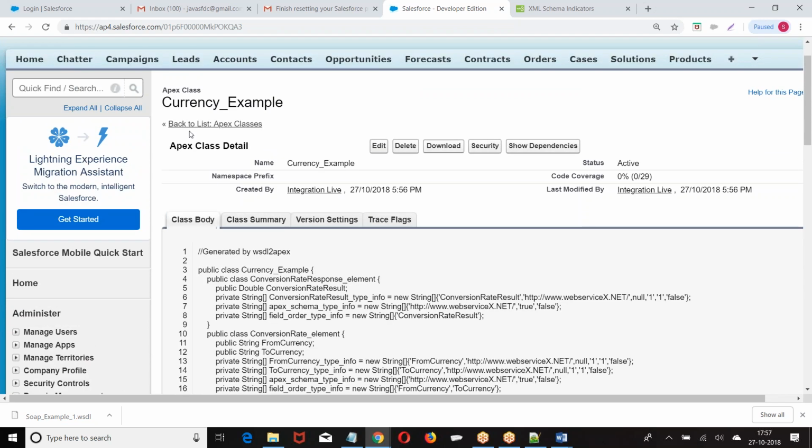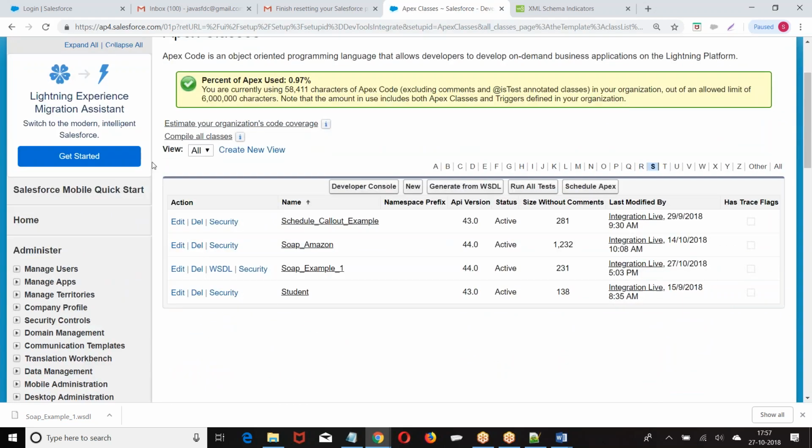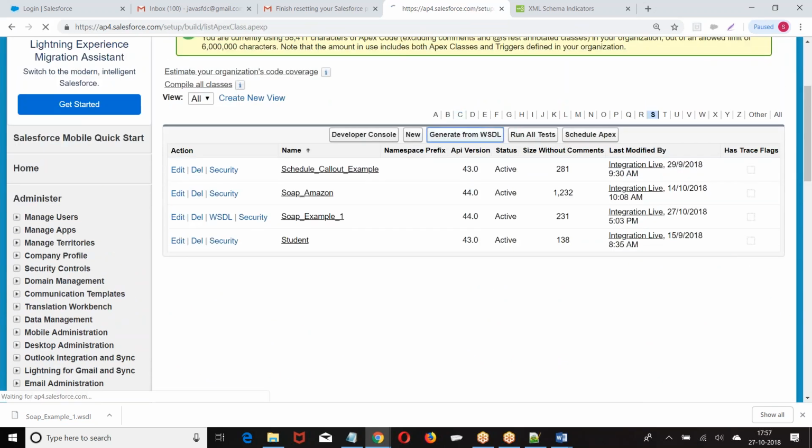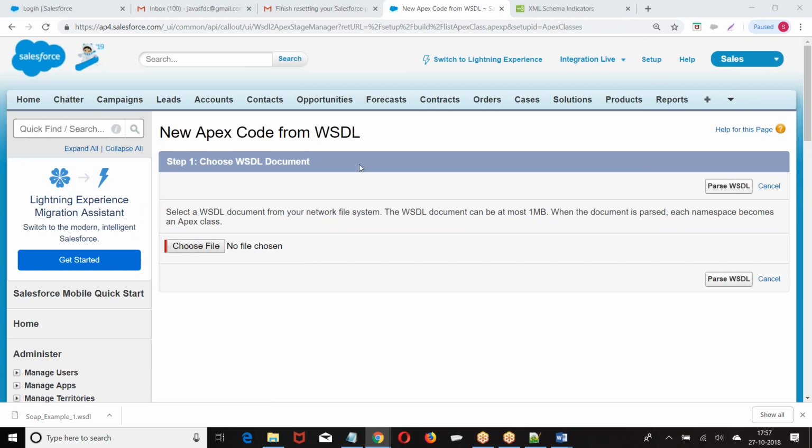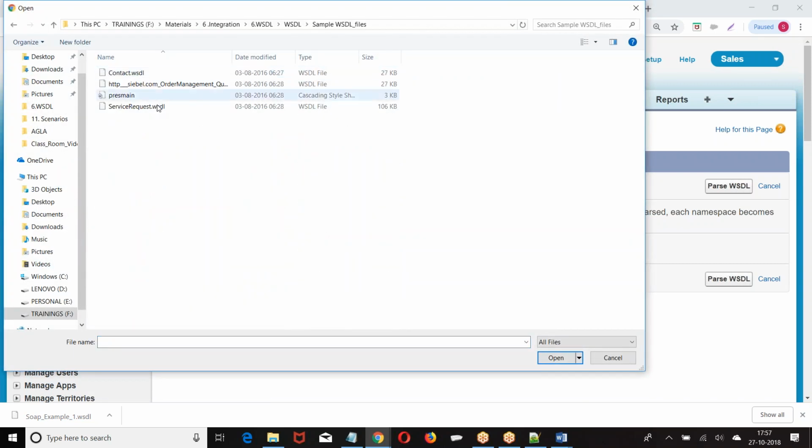So let me try with another file. I will also consume a Cbel visual file. I have some Cbel files, Cbel order management file or service request.